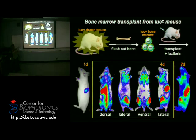And just after a day, you can start to see what's likely signal coming from the spleen, another organ that has a lot of immune cells. Then over time, you start to see this signal coming out everywhere from the animal, showing that we're actually regrowing blood inside these animals. I found that to be a pretty remarkable feature. And so the researcher involved in this has now been using this particular system to understand how closely matched the donor and the host have to be for the blood system to grow out, defining a real issue and bringing some clarity to a real problem in the clinic in terms of when is it okay to transplant,